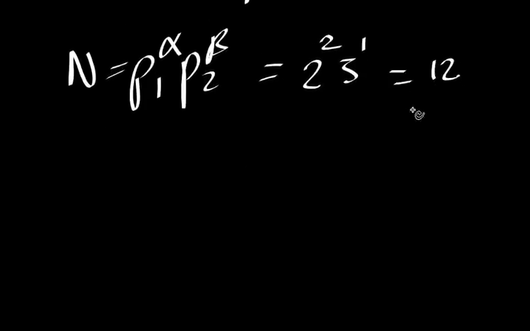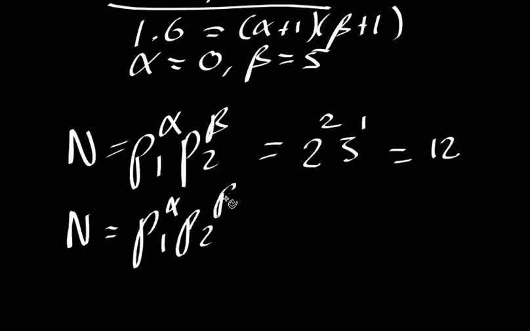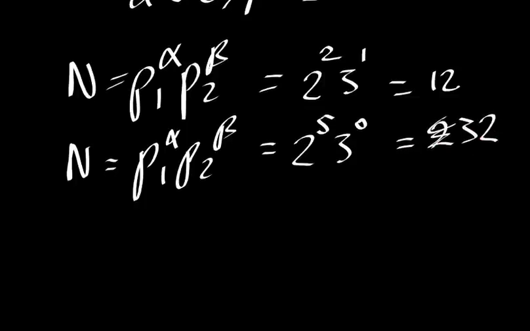Now for the second case above, the 1 times 6 factor, we need to check it again, to see if we get a bigger or smaller number. You can probably tell which one we're going to get already, but we'll work through the motions. We're going to have 2 to the power of 5, because our beta is our bigger term, 2 to the power of 5, 3 to the power of 0, and that is 32. And so those are our two possible numbers. 12 is significantly smaller than 32, so therefore the smallest